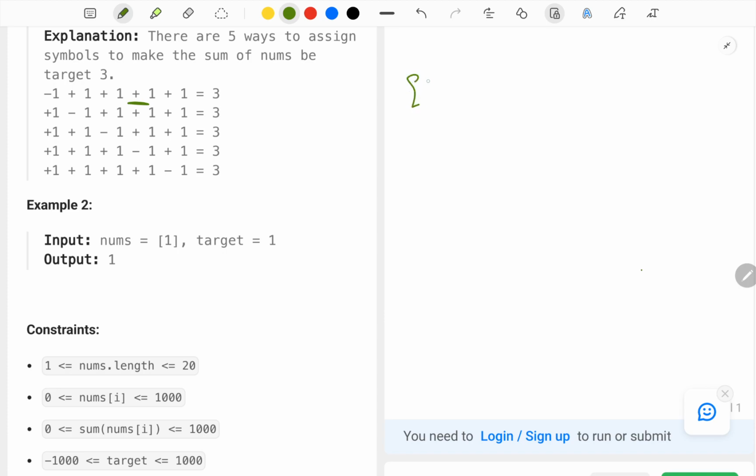So if I have a set 2, 3, 4, 5, 6, and I have something like x given, that is the desired sum of my subset. So while finding a subset in backtracking,